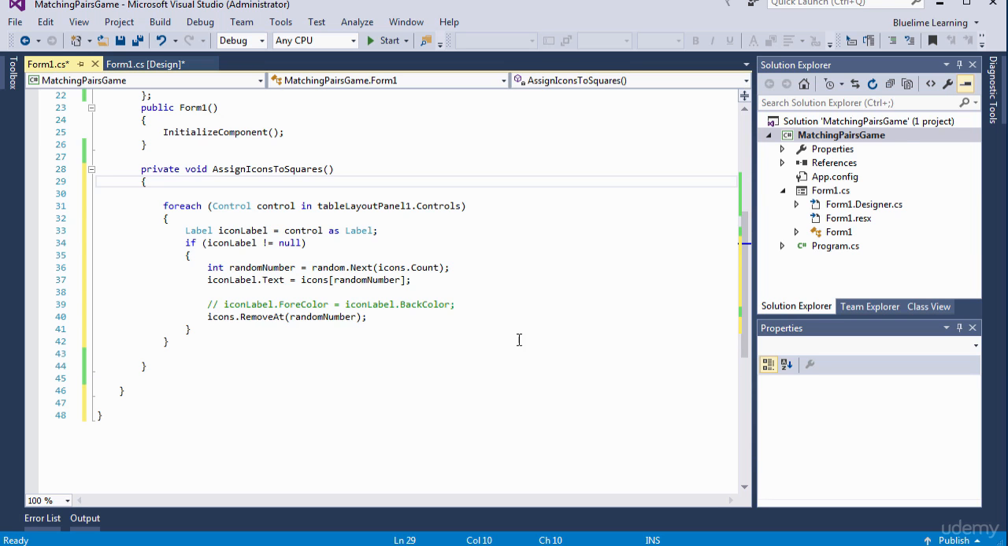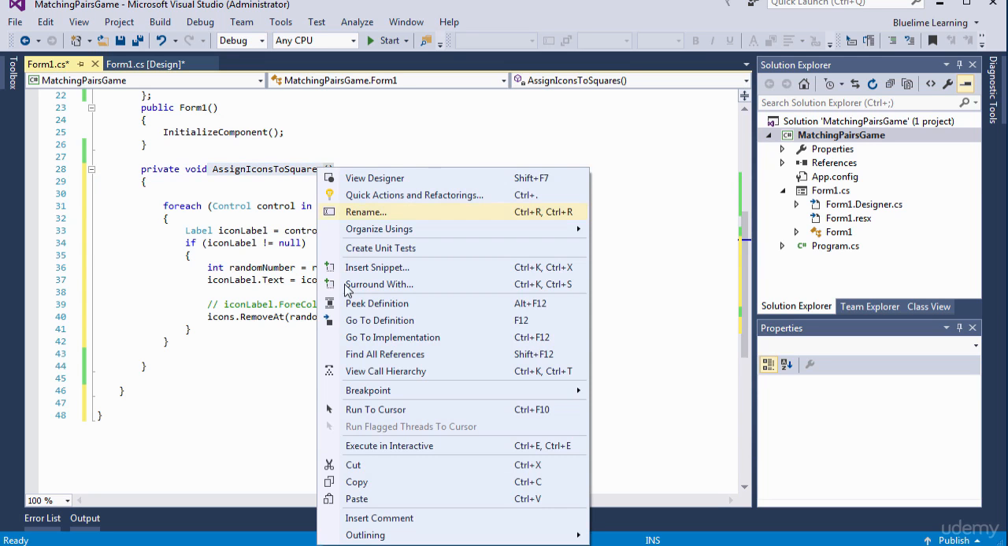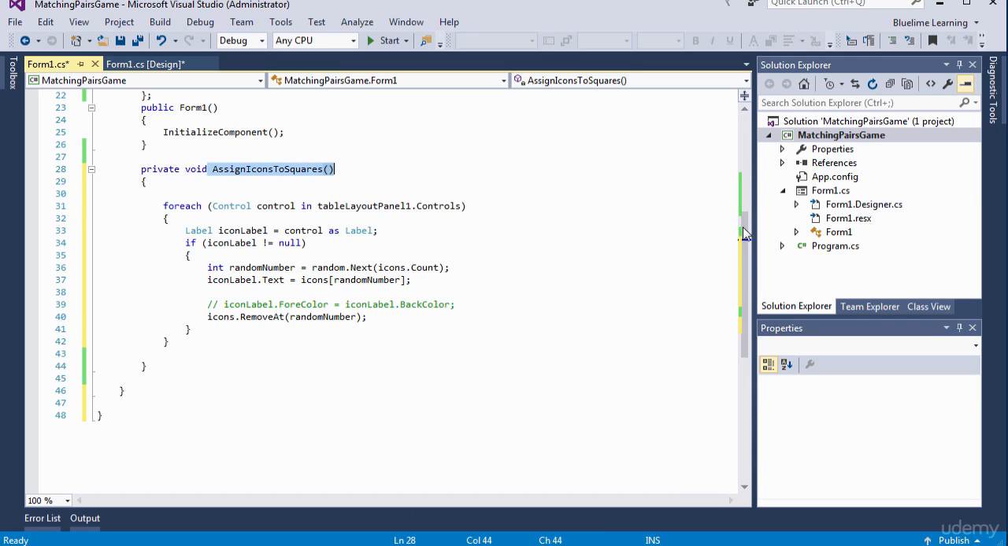Finally, before we test what we have done so far, this method that we have created, we need to call the method. We want the method to come into action as soon as the program starts. So the way to do this, we need to add it just under here after the initialize component, which means the moment the application loads, the method will kick in. So to do that, just copy the name of the method, and just come here,